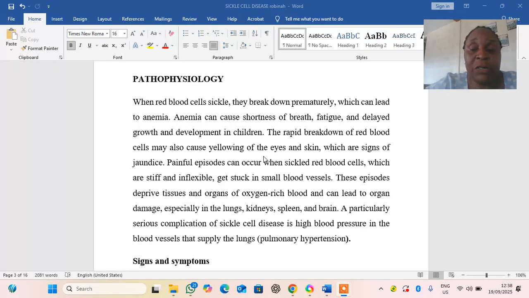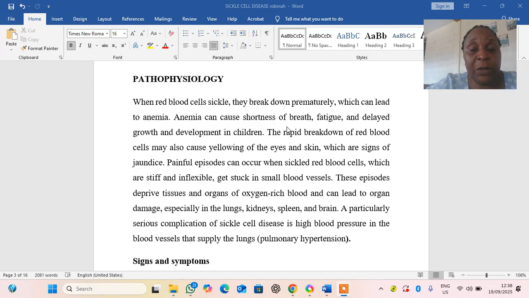And when the red blood cells break down by a process of hemolysis, the person will look anemic even without having bled physically. So this anemia will lead to shortness of breath, fatigue, and delayed growth and development, especially